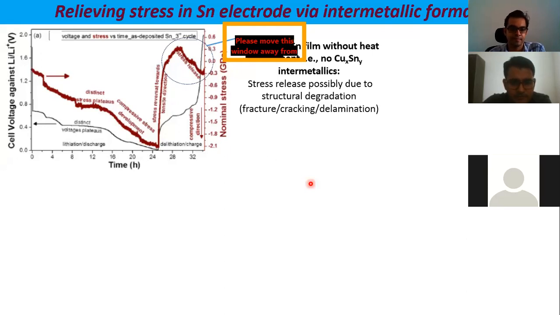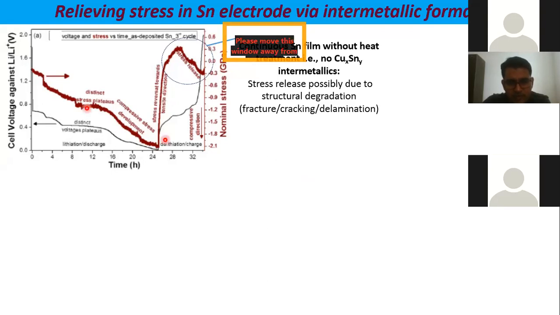The lithium storage potential for both materials is different. Tin stores at about 0.4 volt, but in silicon, lithium stores at 0.2 volt. So first your tin will start to react with lithium, and secondly, at lower potential, your silicon will start to react. Since these two reactions have different potentials, the instability of the material can be minimized, and the performance or the stability of the materials can be improved.